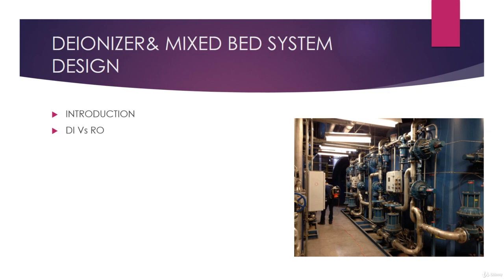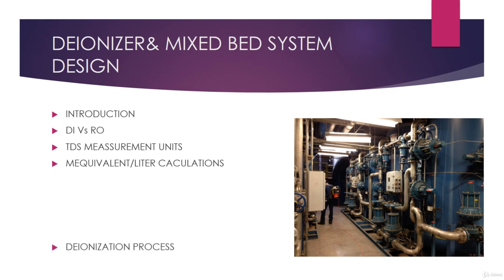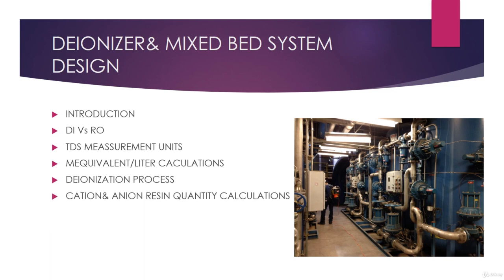We will start with learning about the different measuring units of total dissolved solids or TDS and how TDS is used in calculating the required resin quantity in both cation and anion vessels. After determining resin quantity, we will learn how to determine vessel dimensions. We will talk about deionizer regeneration chemicals and how to calculate the amount of chemicals required for